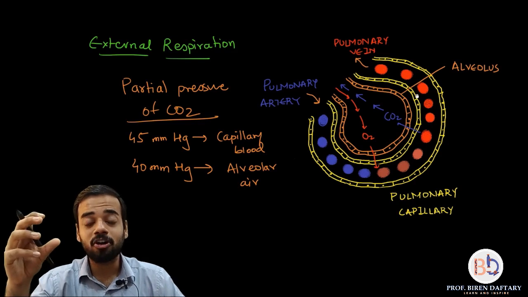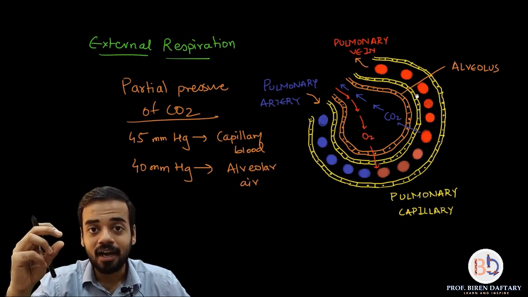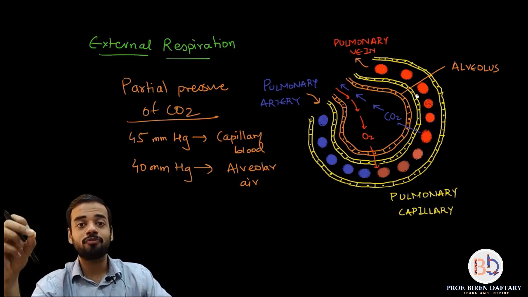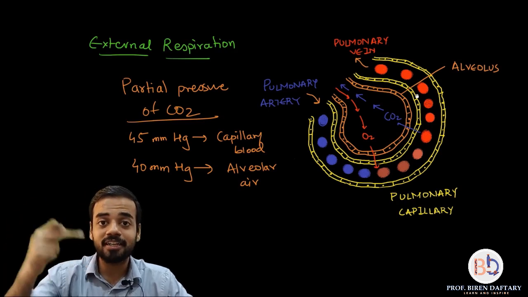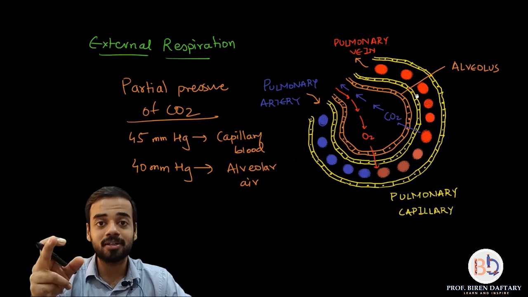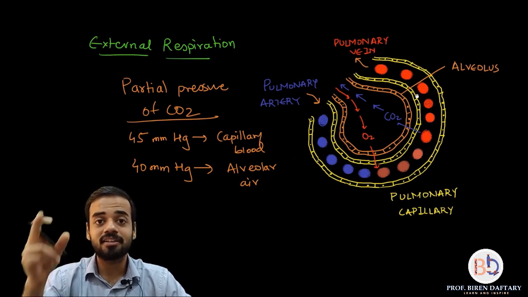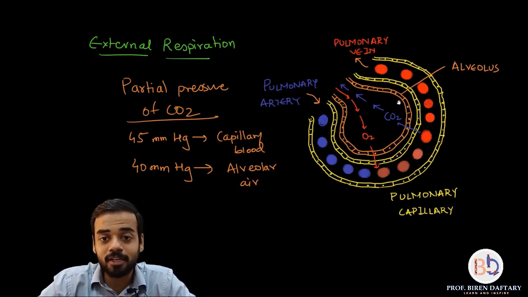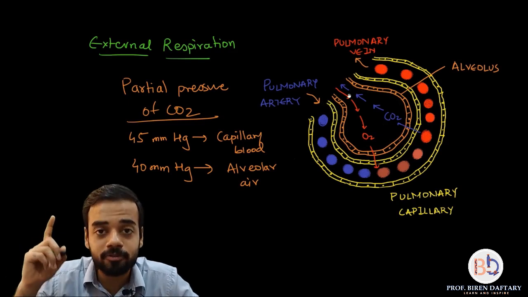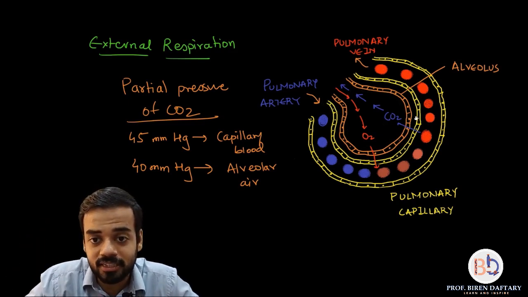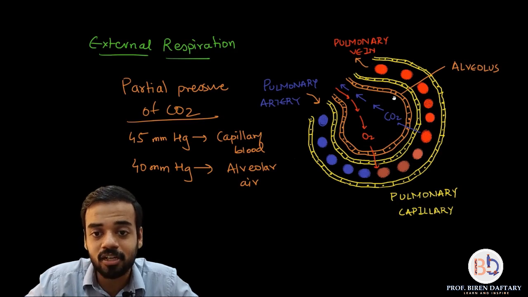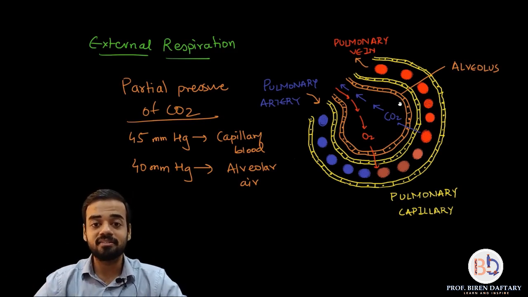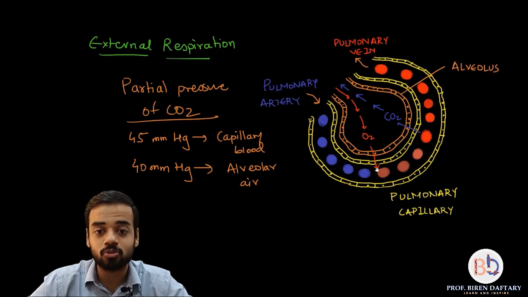This is a very, very important point. Both the membranes are very, very thin. The membrane of the alveolus is very thin, and the membrane of your capillary is also very thin, and that is why the gas is able to diffuse through. Remember that point of respiratory surface? The respiratory surfaces have to be very, very thin. So the surfaces are made up of a single layer of cells. Both are made up of squamous epithelium. So these cells which you see, these orange cells of the alveoli, are also squamous epithelium. And because of that, diffusion of gases becomes easy. Is this clear? And that is why the gases pass through these walls.